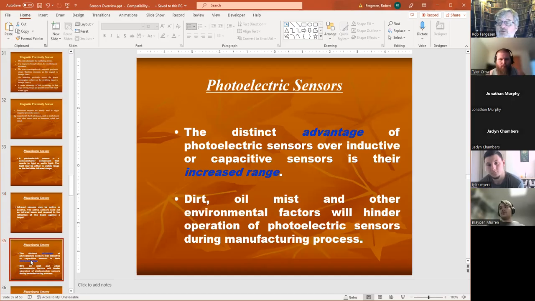Photoelectric sensors can go a lot further than any prox. You can have a target across the room, 300 feet away in some cases, and still detect if it's there or not with a photoelectric sensor. However, the downside is if you have dirt, you've got fog,